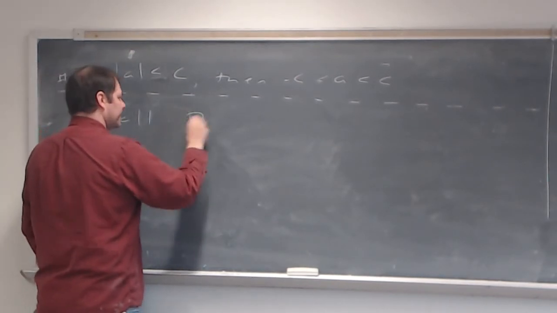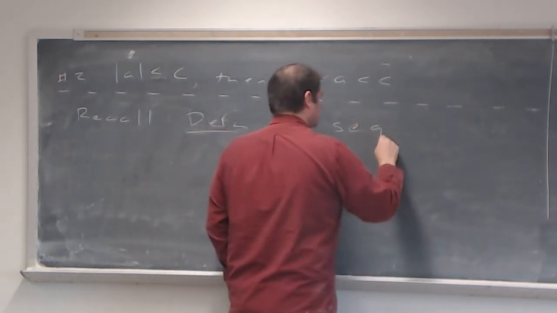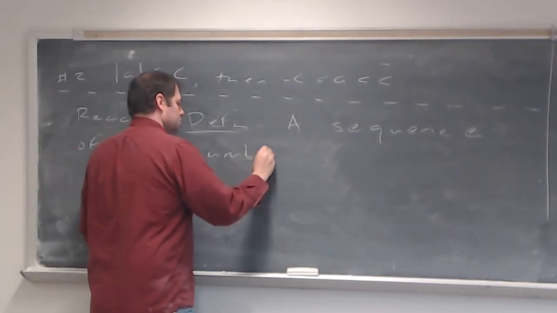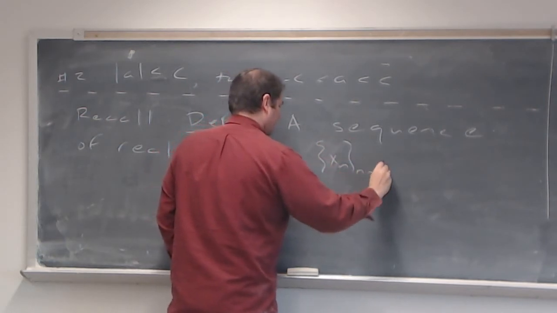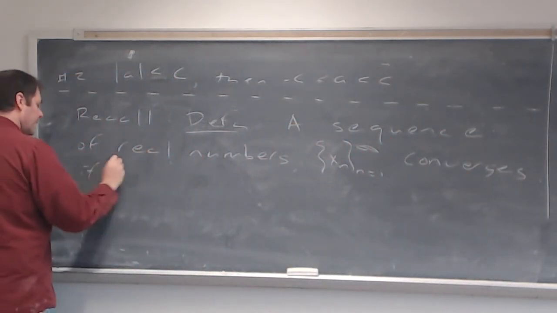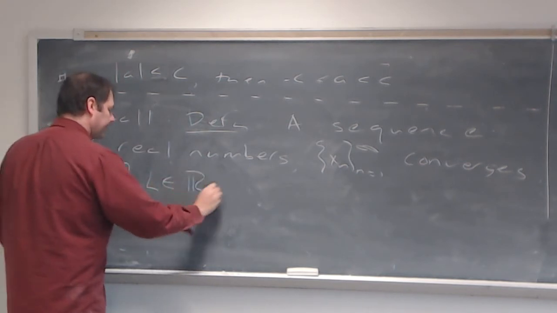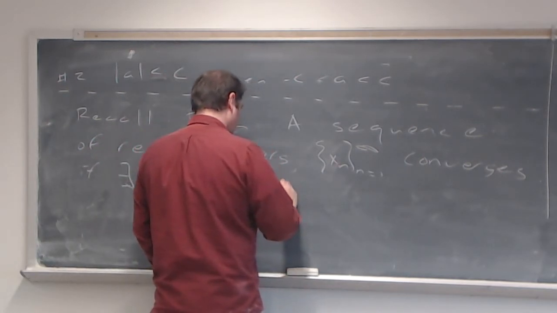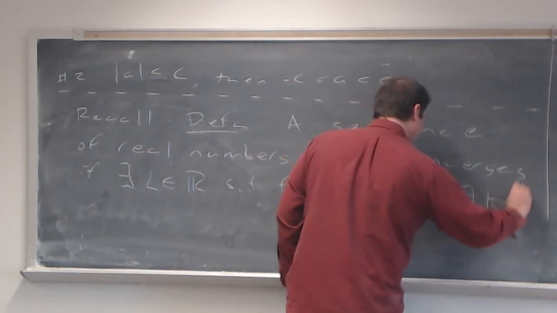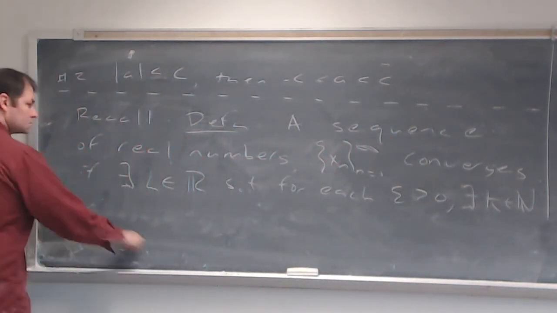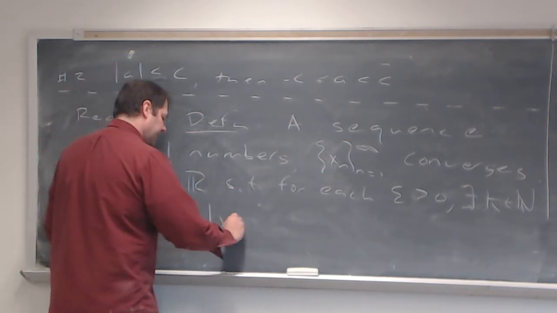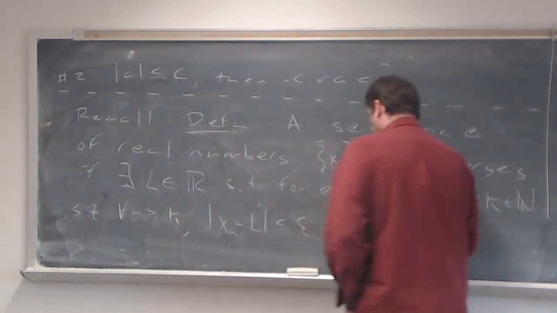And recall this definition. A sequence of real numbers, let's say x of n, converges if there exists an L element of R such that for each epsilon greater than 0, there exists a K element of natural numbers such that for all n bigger than or equal to K, the absolute value of x of n minus L is less than epsilon. In this case,